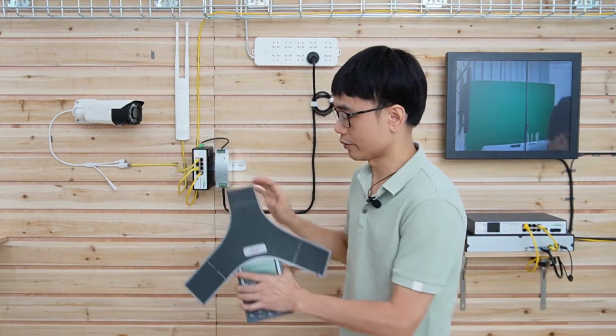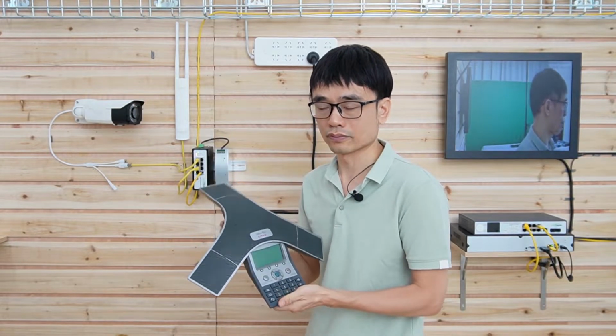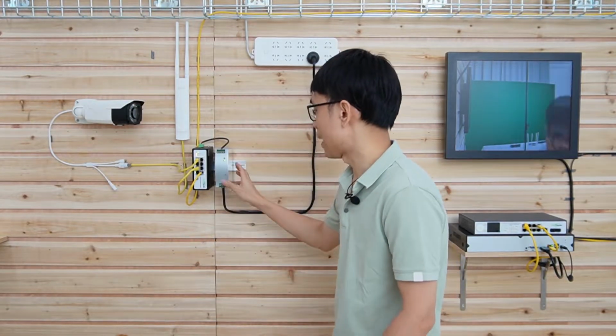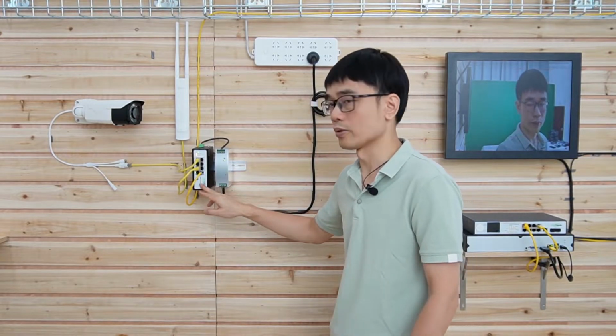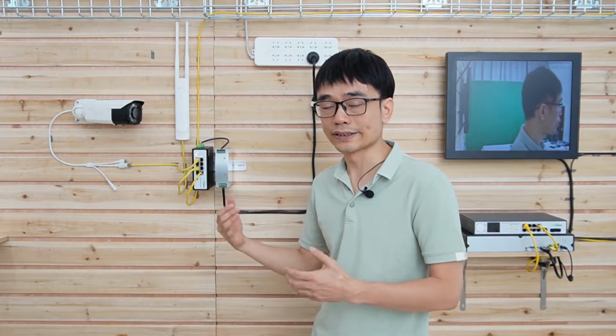We can also connect this VoIP phone to the switch, which supplies both power and data to the phone. This is the power source for this PoE switch. You can see the power source is separated from the switch. The reason is that it can reduce the temperature inside the switch, so it can make the whole system more